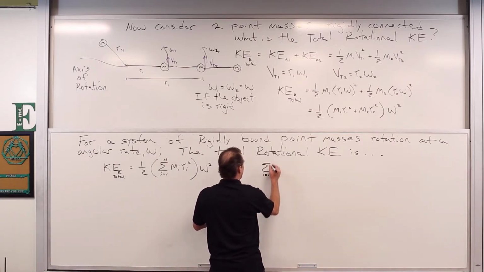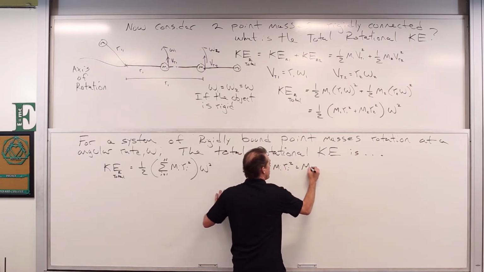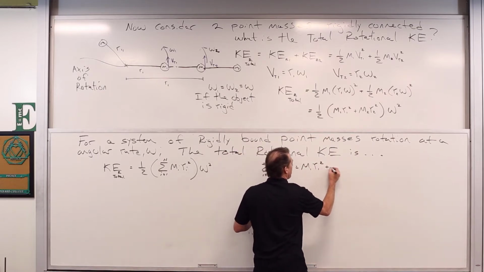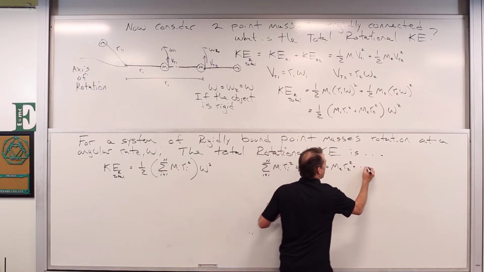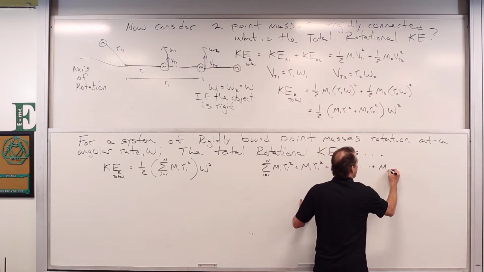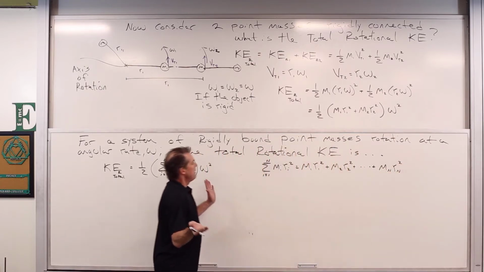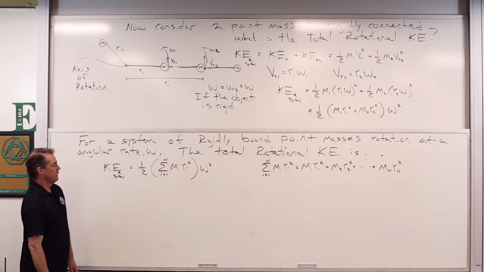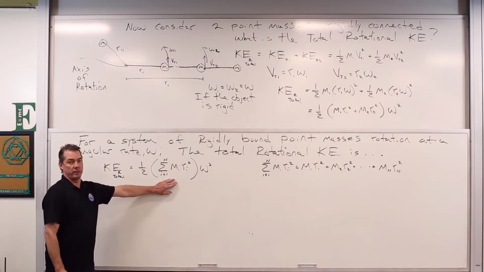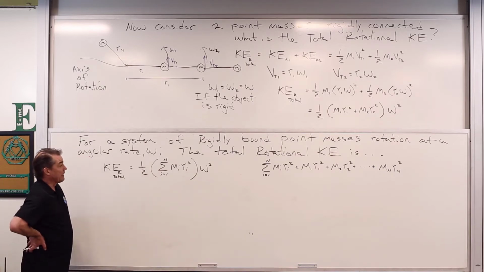With this term right here, the sum from i equals 1 to n of m sub i r sub i squared is just m1 r1 squared plus m2 r2 squared plus dot dot dot plus m sub n r sub n squared. That tells us how many mass elements you have. That's how many terms you're going to have in there. We'll just write it in the summation notation. Well, we can define this as a certain quantity. Well, this is defined